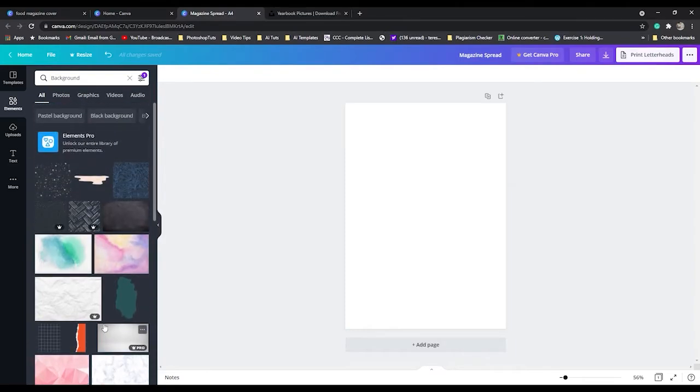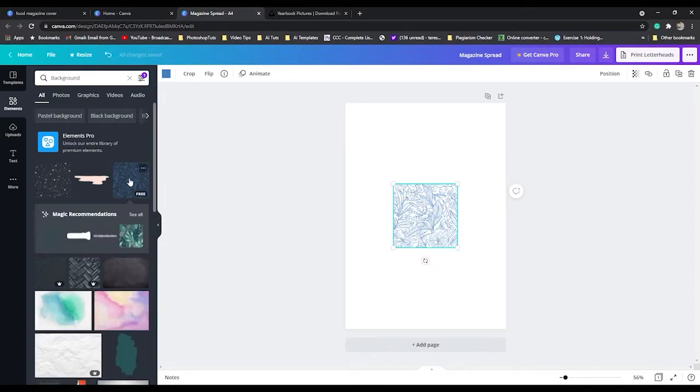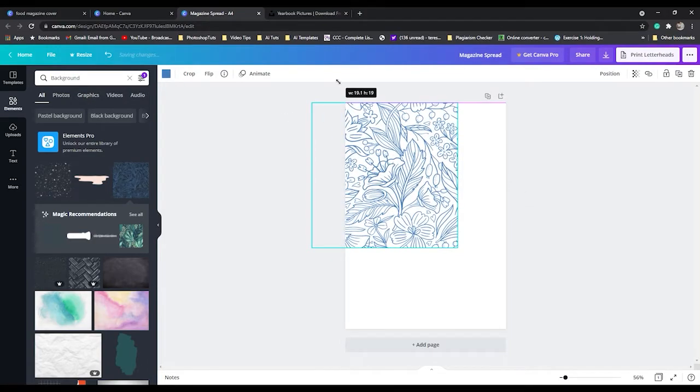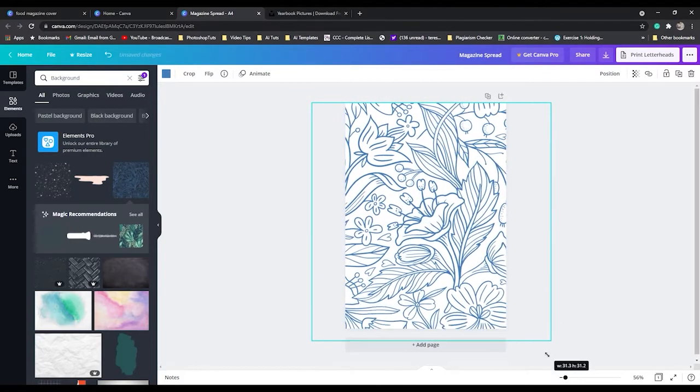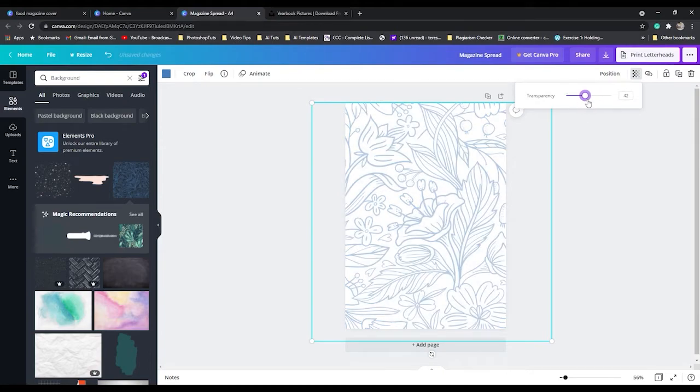Now based on the photos I've chosen, it's a very funky kind of retro feeling it's giving me. So I'm going to actually use this item, which is very nice, and I'm going to actually just enlarge it to fit into my page itself. With that now done, I'm going to adjust it to make it a little bit lighter so it doesn't create too much contrast with my photos. So put that there,